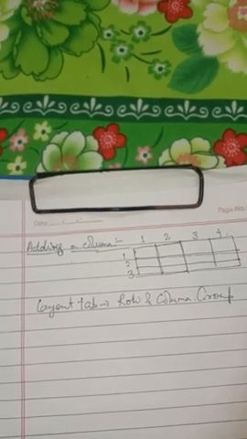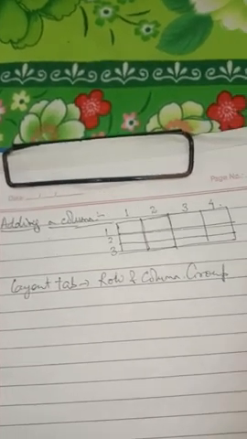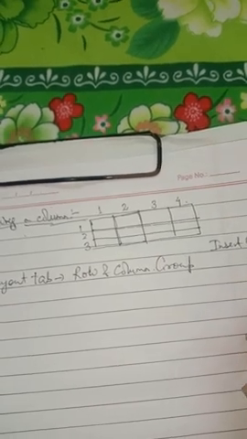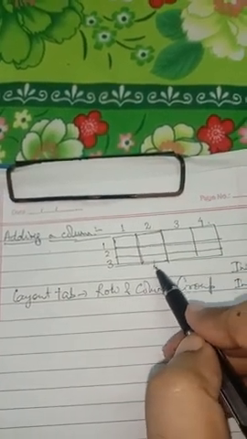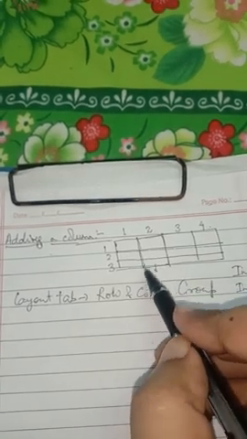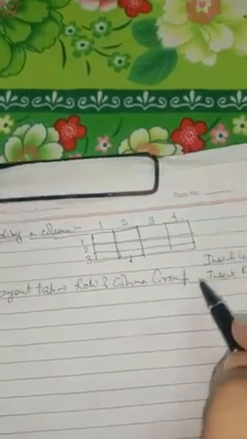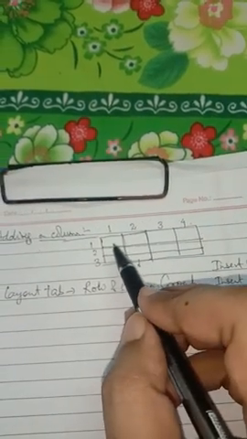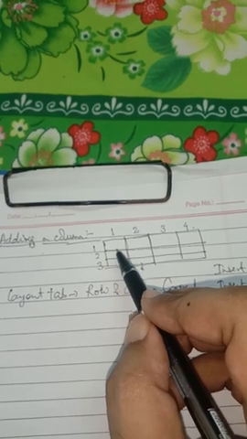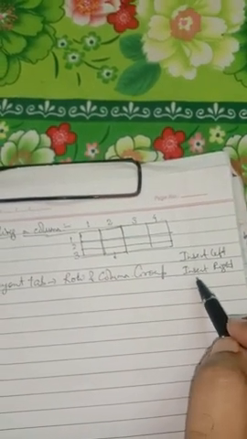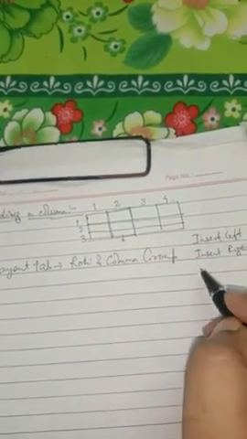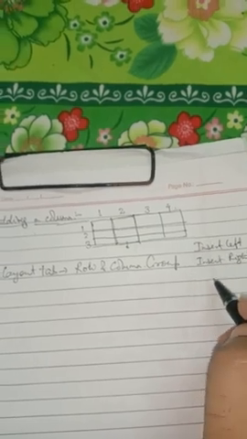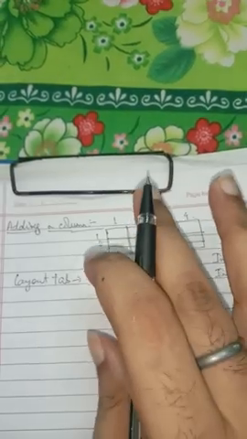From the row and column group, I have to select whether to insert the column to the left side of the selected one or to the right side of the selected one. Since I have selected column number 2, inserting left means inserting a new column to the left of the second column. And if I choose insert right, it means to the right of the selected column number 2. So I can choose either of the two options, and that column will be inserted.